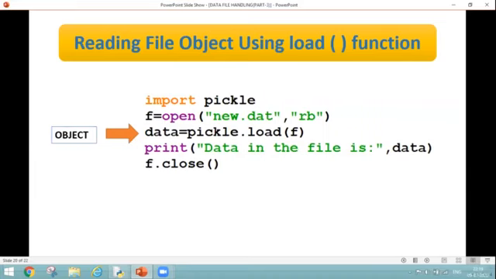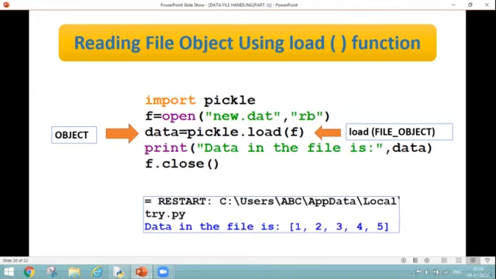So data is my object and load is my submodule of pickle, which is reading the file object. And finally, the data is presented here. So this is how we read and write the data in the binary file with the help of pickle module.